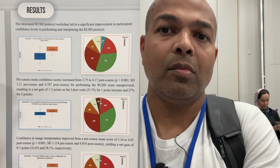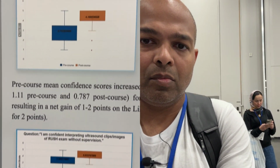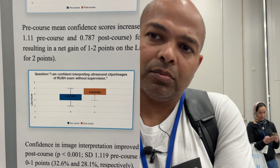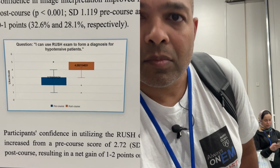As the results can be seen, we've assessed 3 different components. The first one is their confidence in performing the RUSH exam without supervision after we've taught them the RUSH protocol. The second one is interpreting the ultrasound images of the RUSH exam without supervision after they've applied the protocol. And the third one is their ability to use the RUSH exam to form a diagnosis with their interpretation